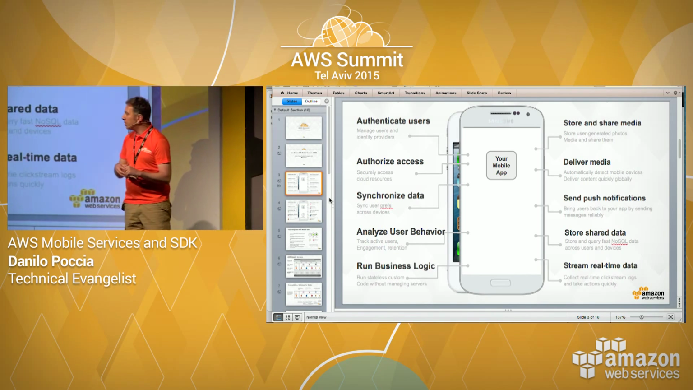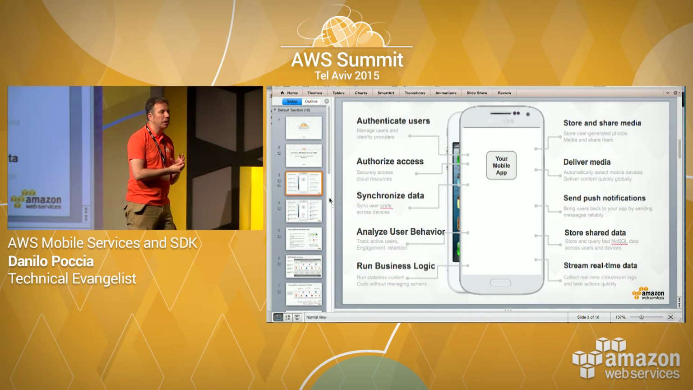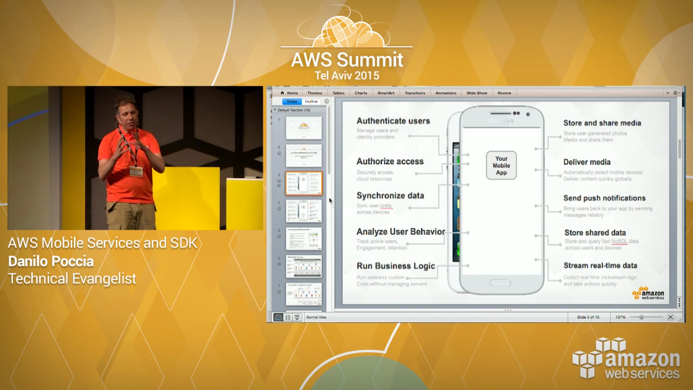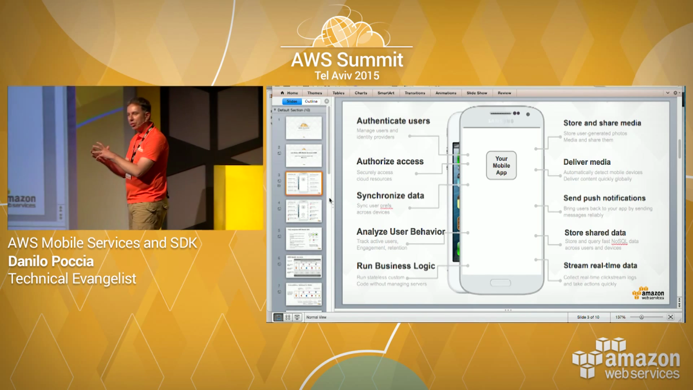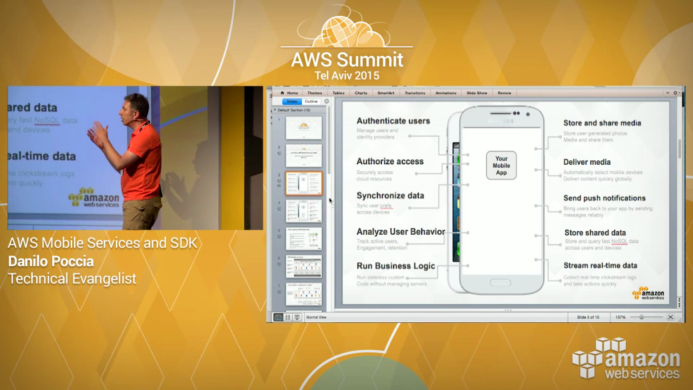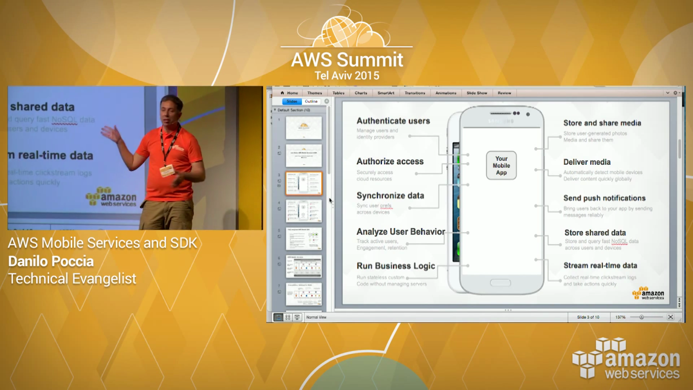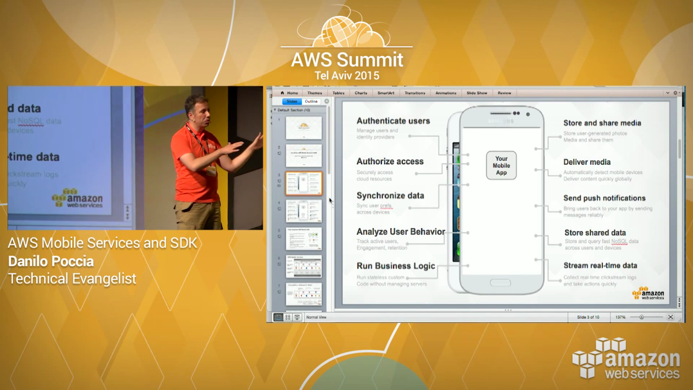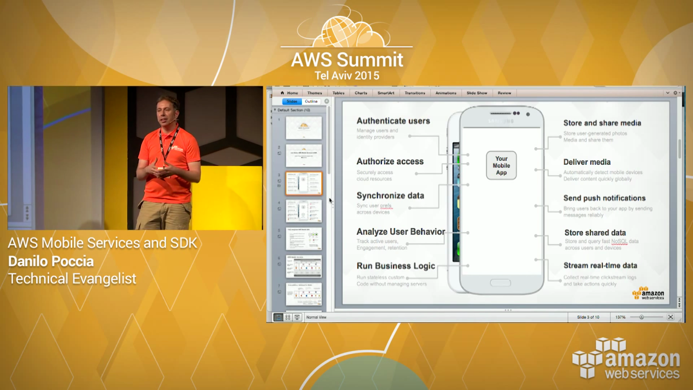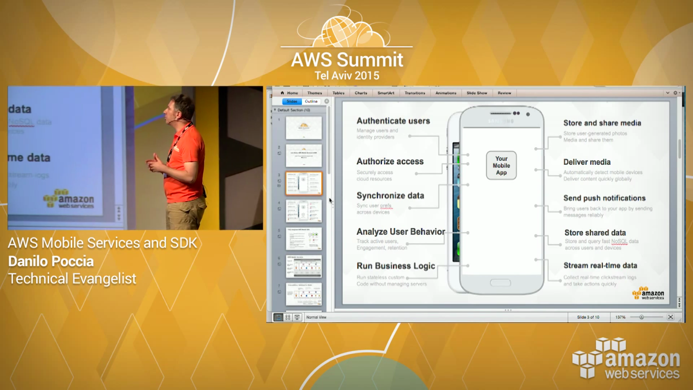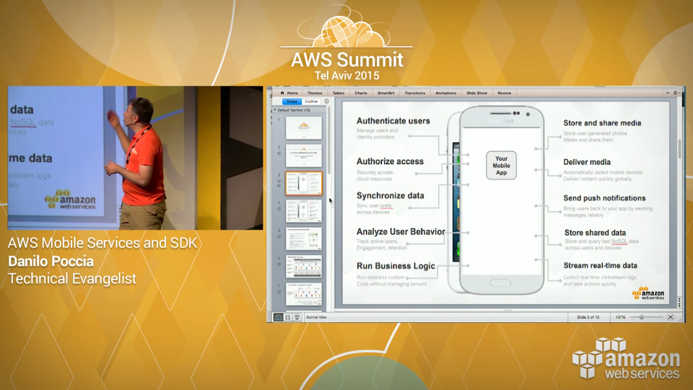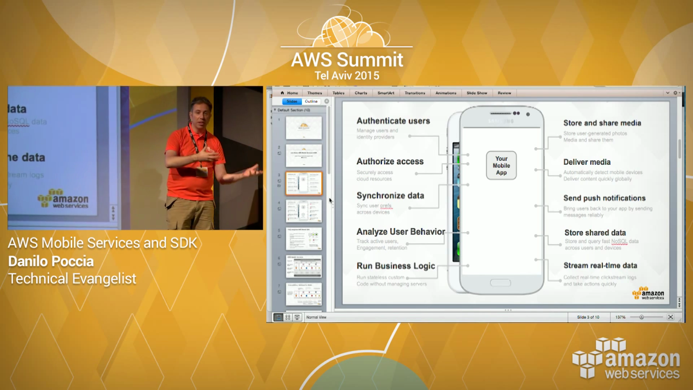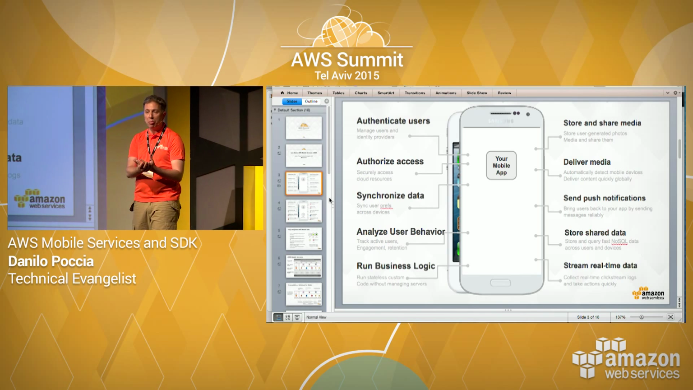You may want to run business logic. So we have a way to bind functions from the mobile front end, or a JavaScript front end if you want, with your backend. And we are using AWS Lambda, so maybe you already saw the Lambda demo today, so we will relate to that. And you may want to store and share media, so do big uploads, big downloads from a mobile,